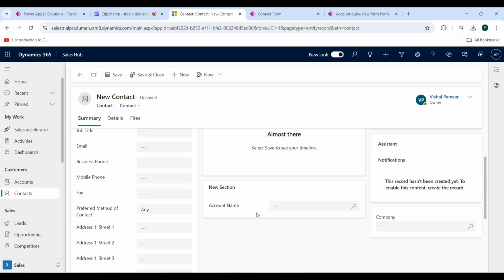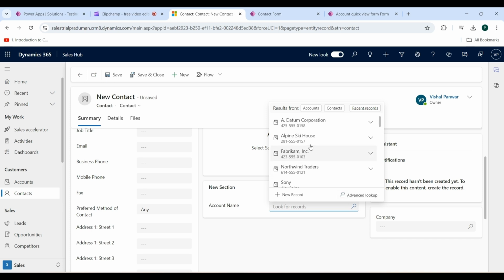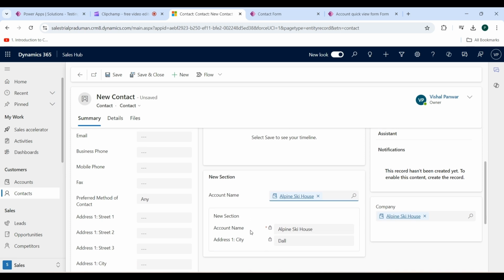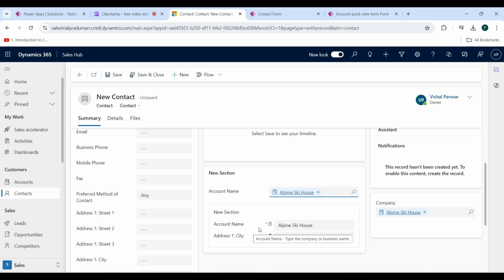In this account name lookup, I am selecting any record of account. I am selecting Elfie Skyhouse. Now as you see, the quick view form of an account looks like that. Then click on the Save button.